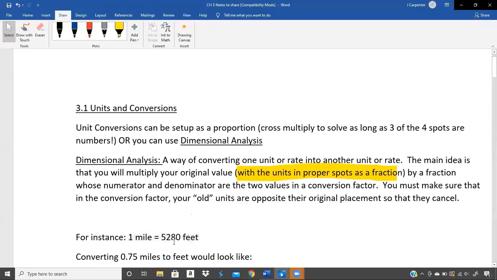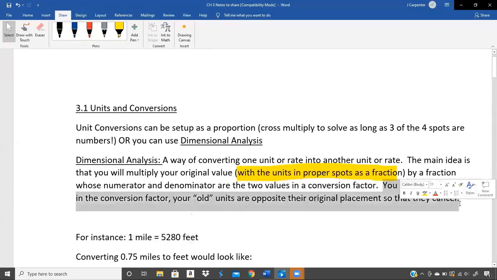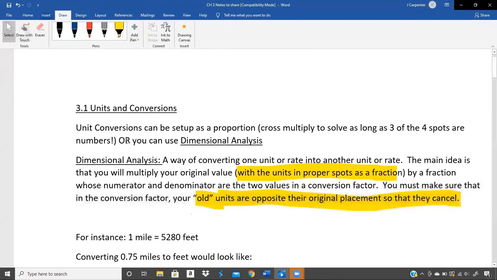So how do you tell which one goes top and which one goes bottom? You must make sure that in the conversion factor, your old units are opposite their original placement so that they cancel. Also going to highlight that. Your old units need to be opposite their original placement so they cancel. By opposite, I mean if your feet were originally in the top, in your multiplier, put it in the bottom so they cancel. If your feet were originally in the bottom, then in the multiplier, put it in the top